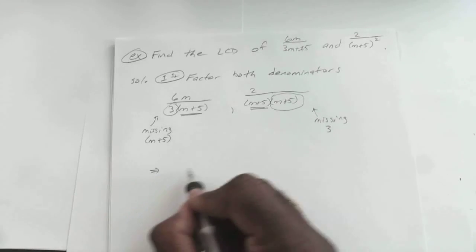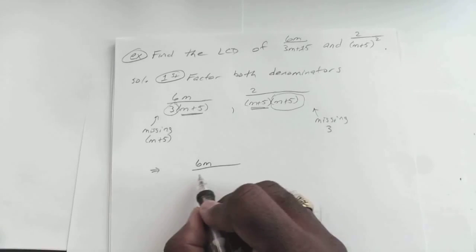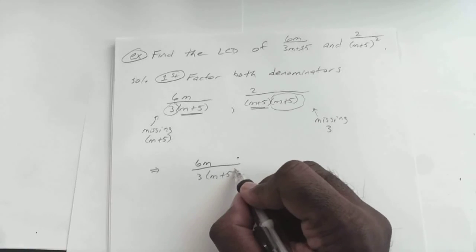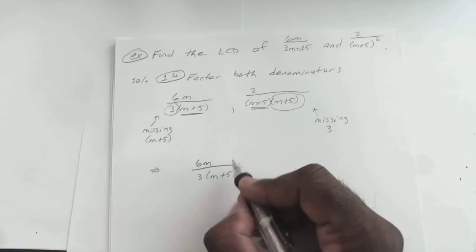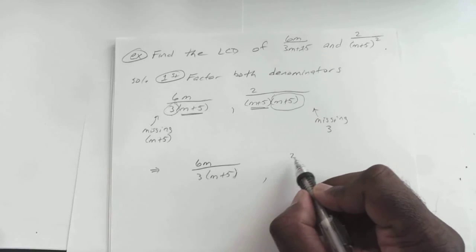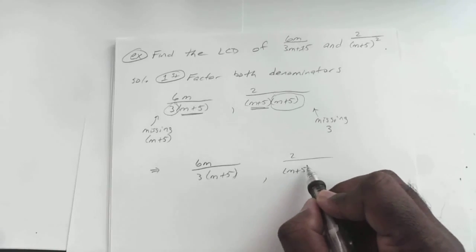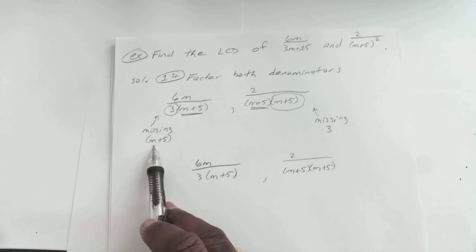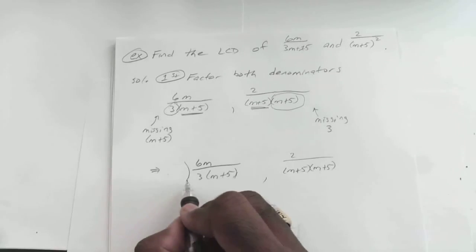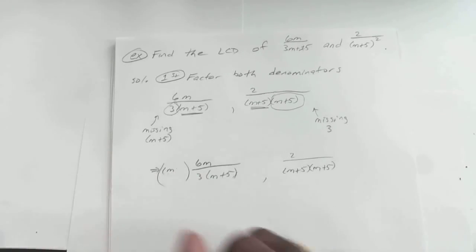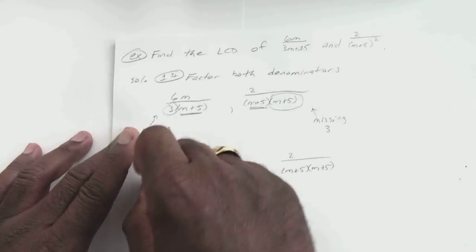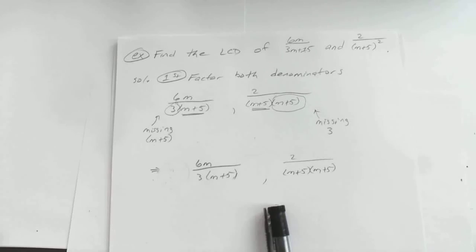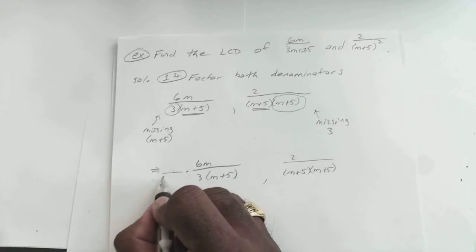Okay, so that means if you have your 6m over 3 times m plus 5, and I'll give that a little bit of room. And we have our 2 over m plus 5 times m plus 5. If this is missing an m plus 5, we multiply it by, I actually didn't need that outside parentheses. That'll just make it look a little messier. Okay, so we multiply this one by m plus 5,